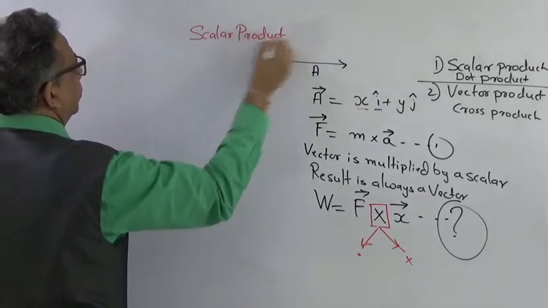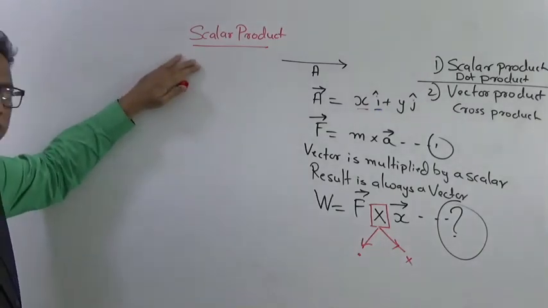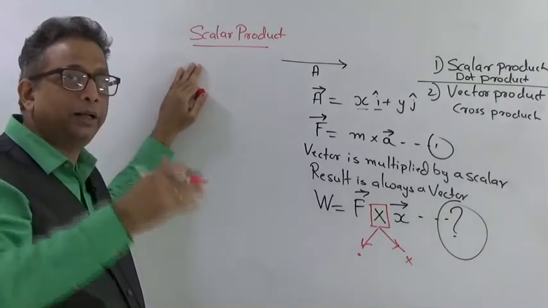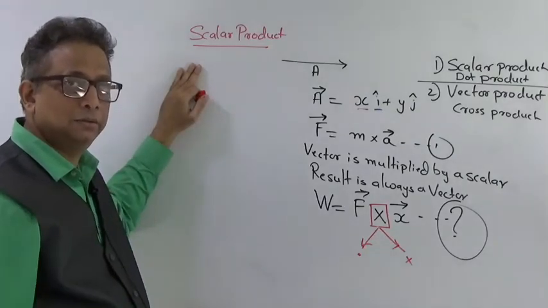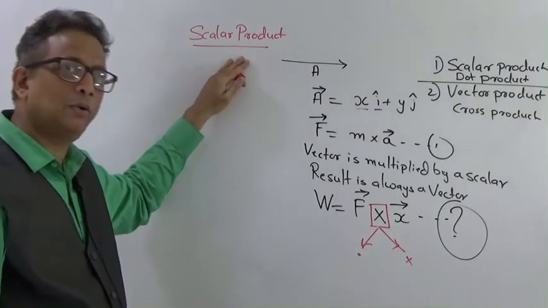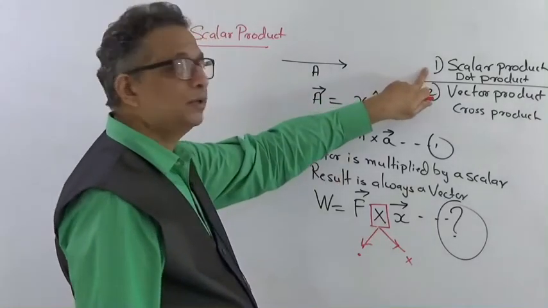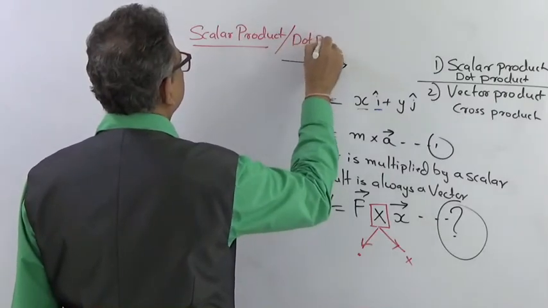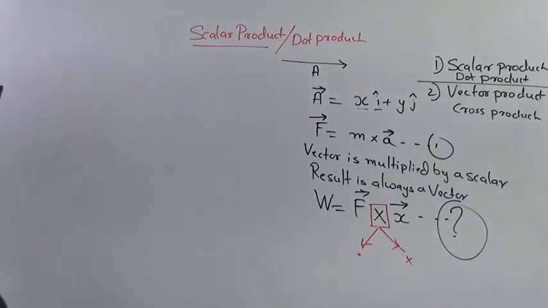The scalar product, right? Now what we are going to learn is just the mathematical methods or systems, like when you learn the method of division, right? So how you take a carry, then how you take a remainder, so this process you do the division. So the method is being given to you. Similarly, for a scalar product, what we are going to study now is the method of multiplying two vectors with the scalar product, or I would say a dot product. Both of them mean the same, scalar product or a dot product.